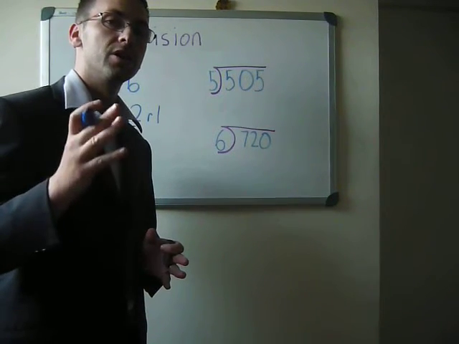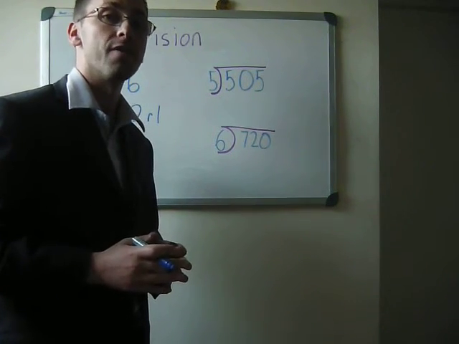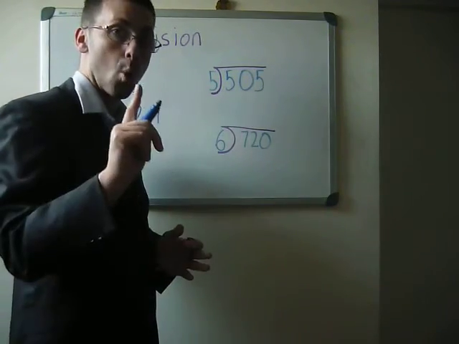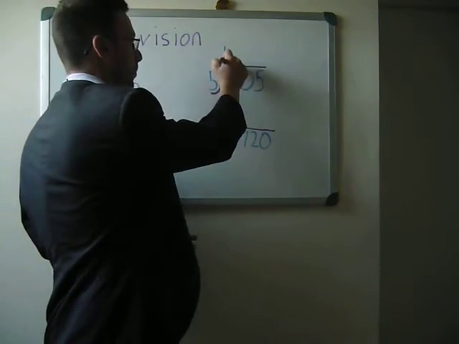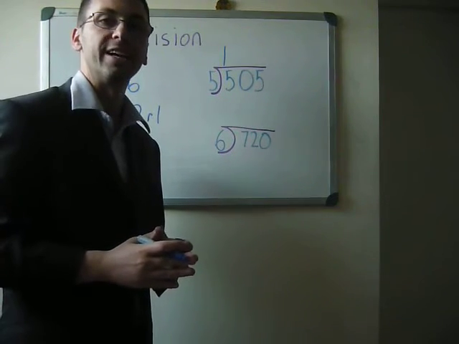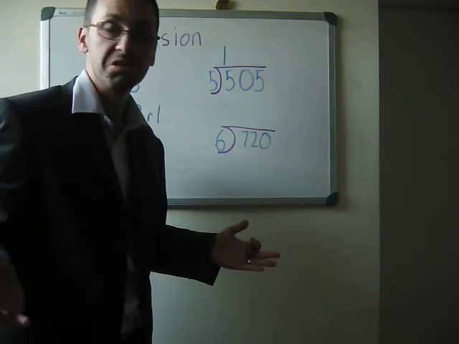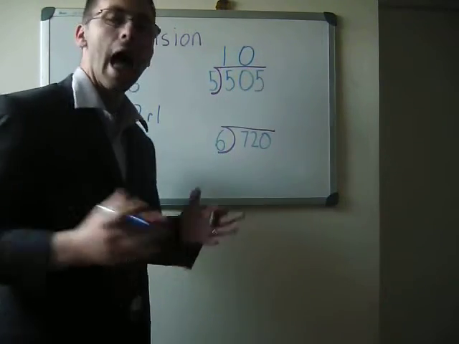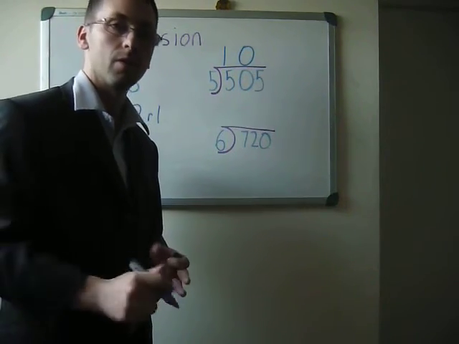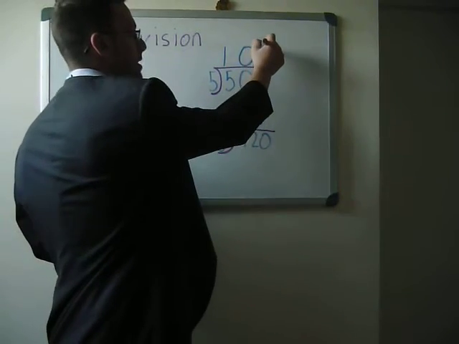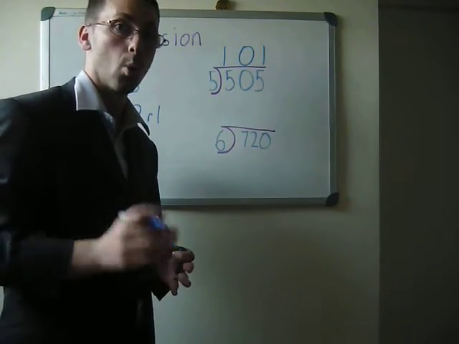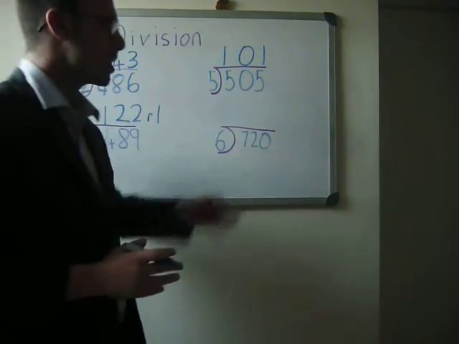505 shared equally between 5. How many 5's are in 5? 1. How many 5's are in 0? 0. So you place a 0 up the top. How many 5's are in 5? 1. So you place it right here, and the answer is 101. For the last question,